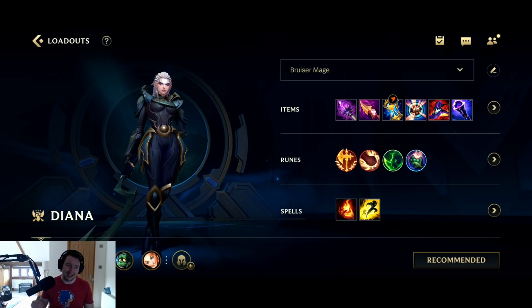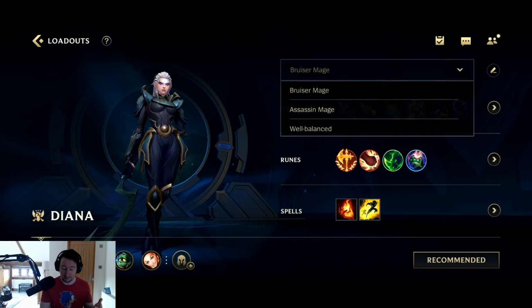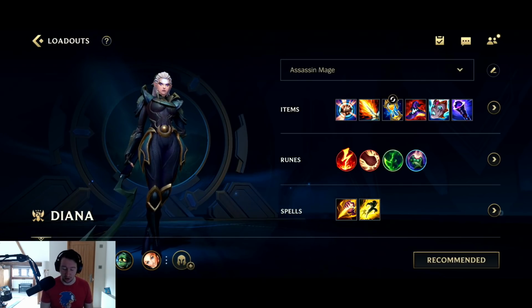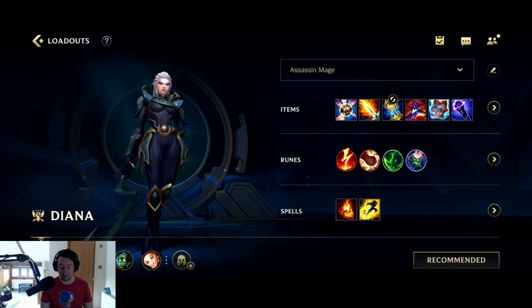In terms of Diana, this is a build that I've seen a lot of people using right now. It's Rod of Ages into Nash's Tooth, Infinity Orb, Rabadon's, Void Staff. That Nash's Tooth could also be Lichbane though. The other build that I've seen people going is the Infinity Orb into Lichbane, which is a much more aggressive build. Probably not jungle though. I don't think Diana jungle is good in any way, shape, or form. But this is another aggressive build that I've seen people go,